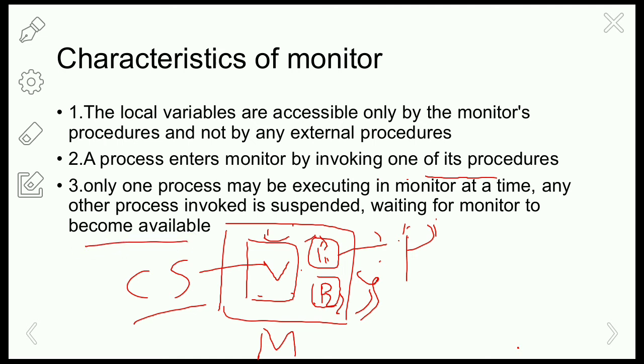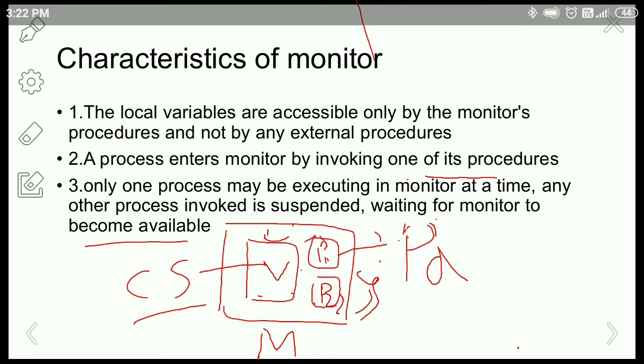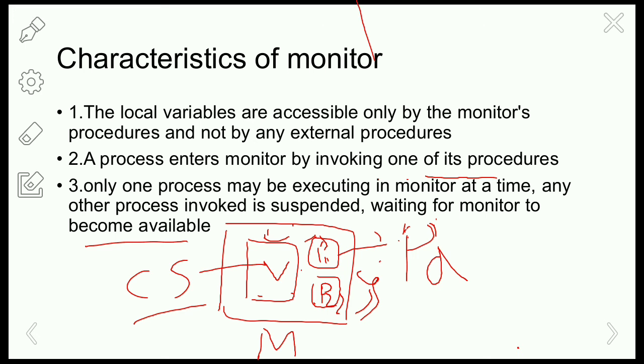Okay, suppose here we are considering a process PA. So a process PA wants to access the monitor here. So it will access the monitor by using one of the procedures given here. The given procedures are P1 and P2. So it will access the shared variables using any one of the procedures here. Okay, so while a process is accessing the shared variable by using procedures, then no other process is allowed to enter the monitor here. So here PA has access to the critical section using the P1.